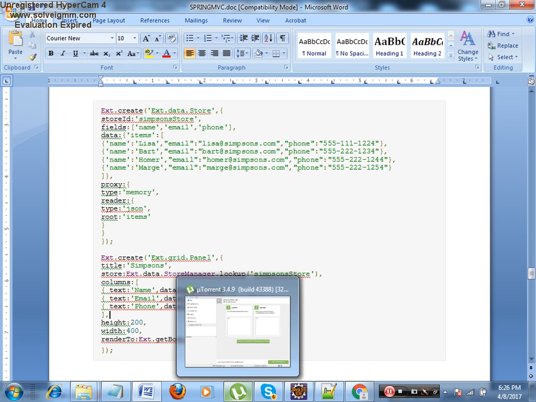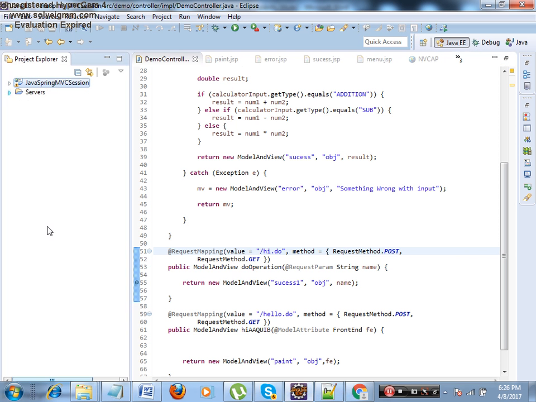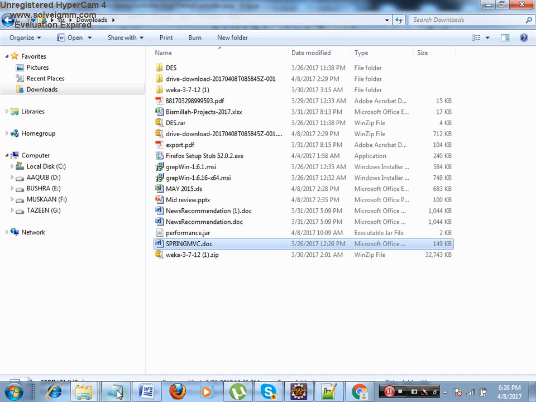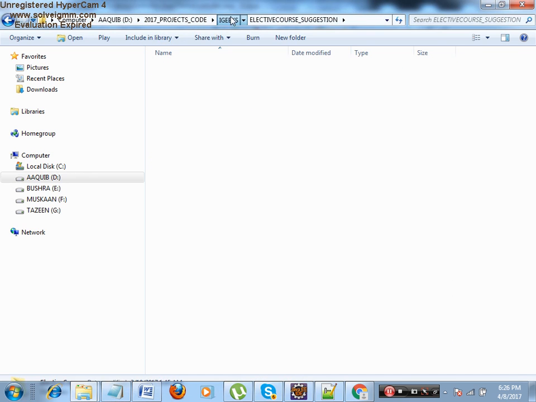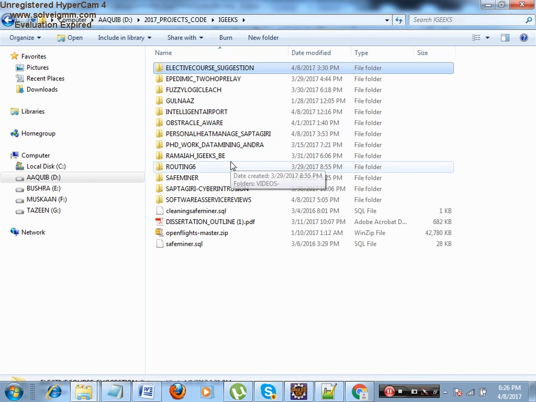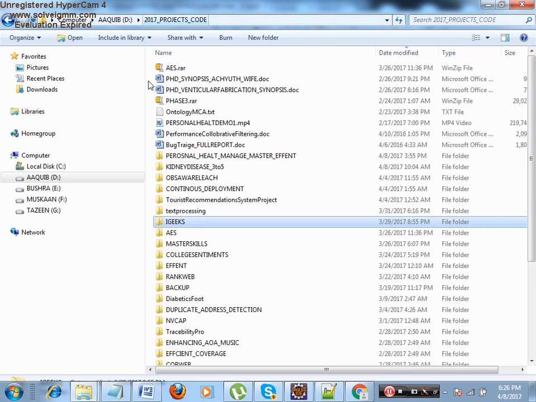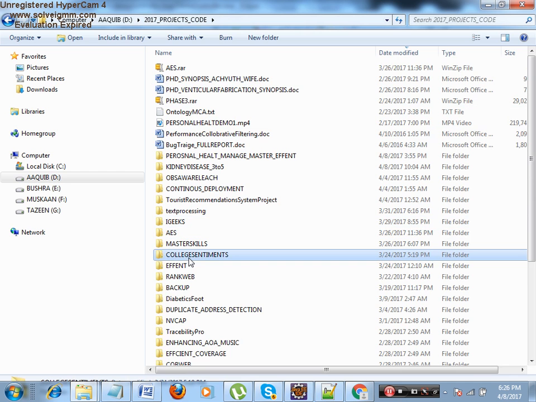Extensively we are making use of the grid component. Okay, let me do one thing. I will take one project and explain non-Ajax to you also. So now let me take one example of viewing the stopwords.